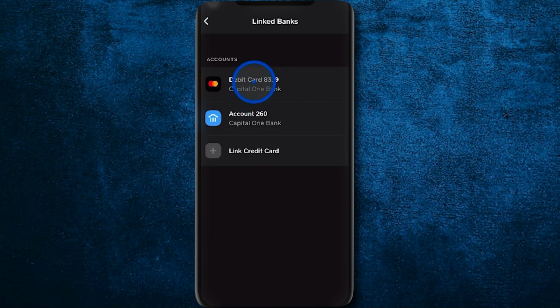And that's it. Your debit card is now connected to your Cash App, ready to use for sending,